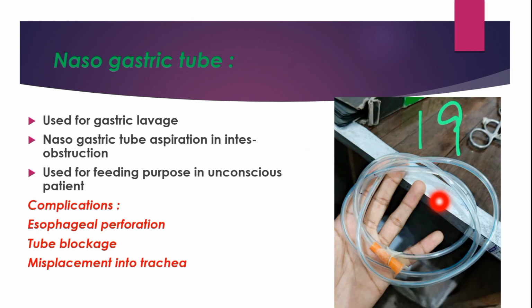This one is a NG tube, and the nasogastric tube is used for the gastric lavage in the case of the poisoning, and this NG tube is also used for the NG aspiration in case of the intestinal obstruction, and it is also used for feeding purpose in case of unconscious patients. And the complications of the NG tube include esophageal perforation, tube blockage, and the misplacement of the tube into the